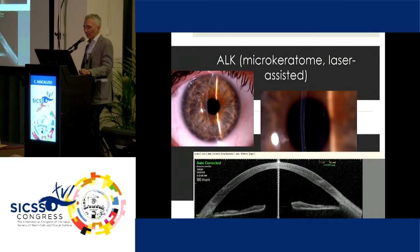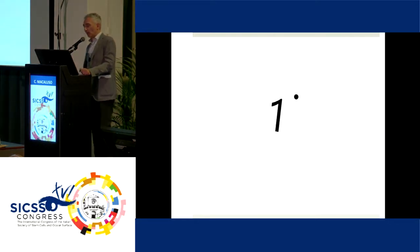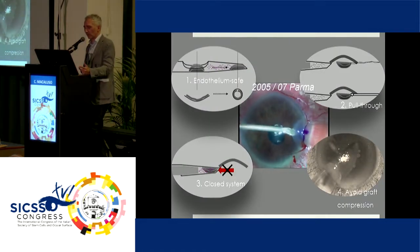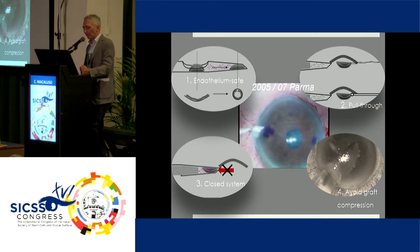So this is a procedure that has been designed sometime earlier, and it was used in the past, and we might go back to it. So the integrity of the bulb is certainly assured. But what could be a truly minimally invasive lamellar keratoplasty? I would suggest three procedures. First of all, endothelial. Endothelial procedure is a great invention because it allows us to preserve the patient's cornea and to have it clear